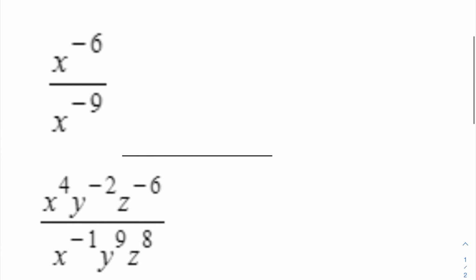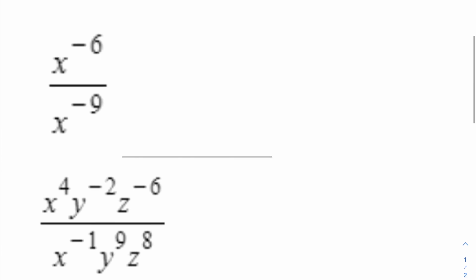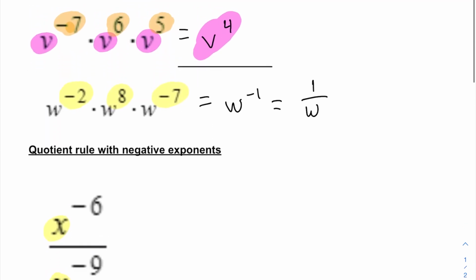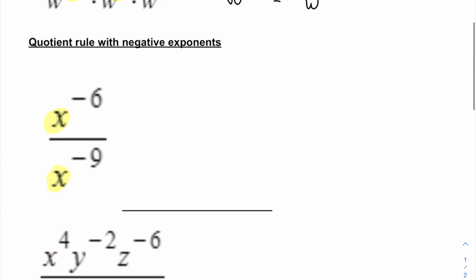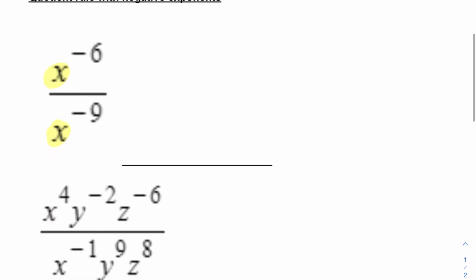Quotient rule with negative exponents. For this one, we are going to use our quotient rule, and our quotient rule once again was if you have the common bases, we just have to subtract our exponents. So it's the opposite of this one. This one we were multiplying, this one we're dividing. This one we added our exponents on the top, and on the bottom here we're going to subtract our exponents. So if we subtract them,